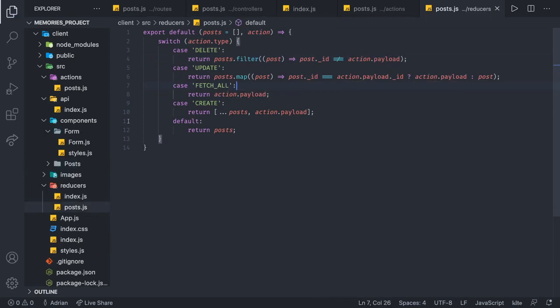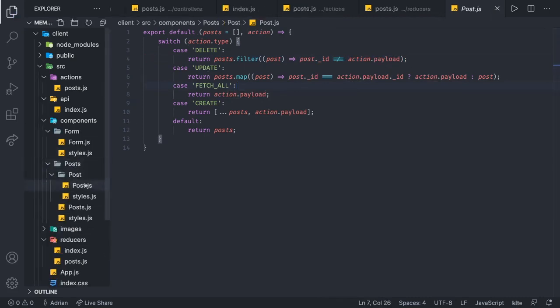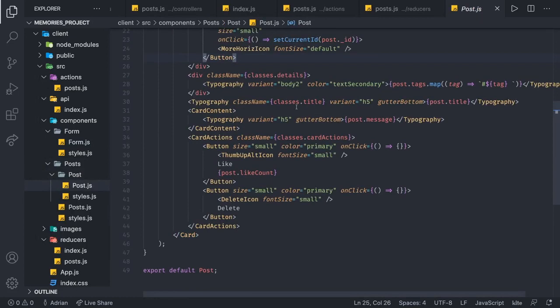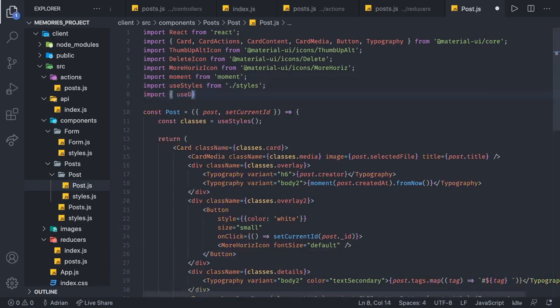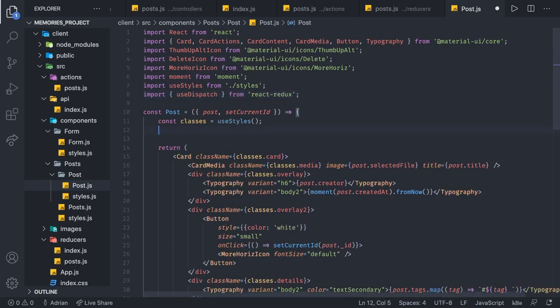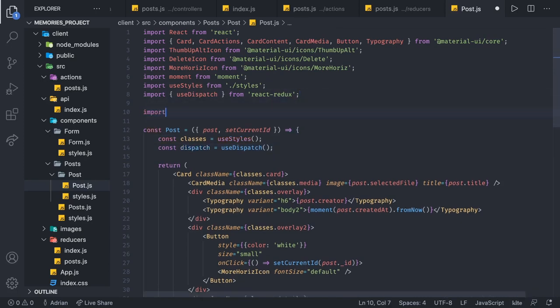Now that our reducer is done, we can go inside of the post and finally dispatch that action. Where do we do that and how do we do that? Well, first of all, we have to import that action. And since we don't have the reducer set up in here yet, we have to do that as well. We can do that by importing use dispatch, as we always do, from React Redux. Then in here, we're going to initialize the dispatch to be equal to that hook use dispatch. And we also have to import actions. So inside of here, we're gonna import delete post, which we just created, from